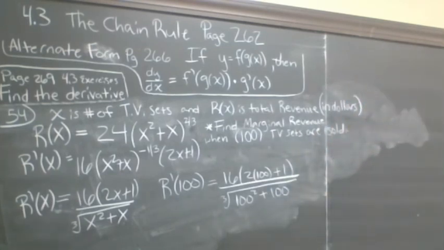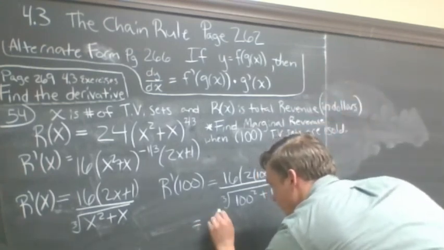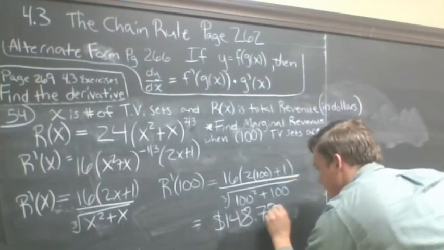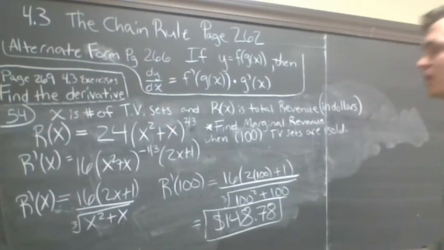Now again, this will be very time consuming to try to work all this out on our own. So let's make sure that we do have a nice calculator alongside us as we are working these types of applications. And we see here that by simplifying this down, we get that the marginal revenue for the sale of 100 TV sets, again rounded to 2 decimal places because we are talking about pennies on the dollar, rounds to approximately $148.78. Our marginal revenue